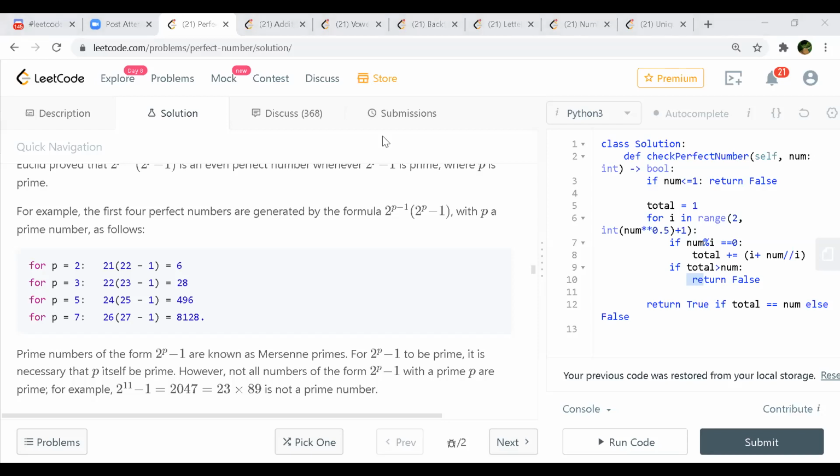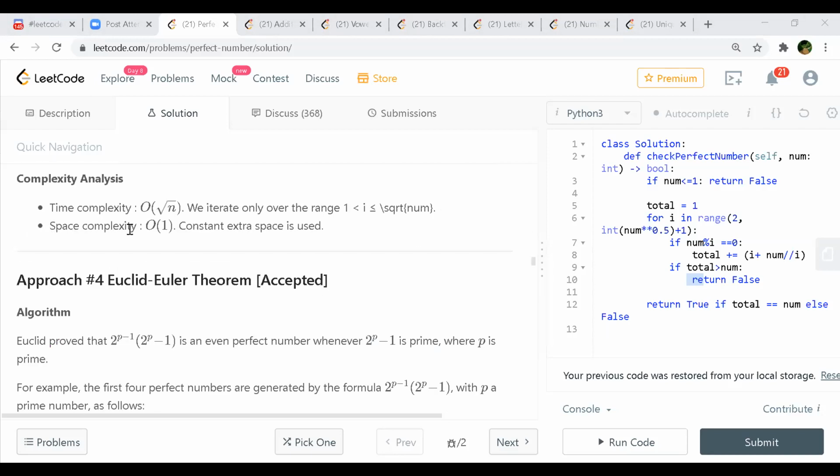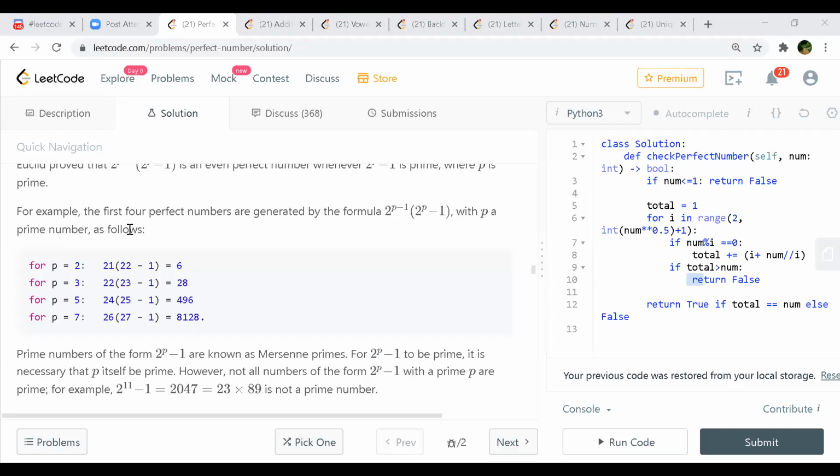Same case with 3 also. The same formula: 2 raised to 2, and it's not 23 there, it is 2 raised to 3 minus 1. So 2 raised to 2 will be 4, and 2 raised to 3 will be 8 minus 1 is 7. 4 times 7 is 28, right? So that is the way he is getting all these numbers. We have to remember that theorem, right?